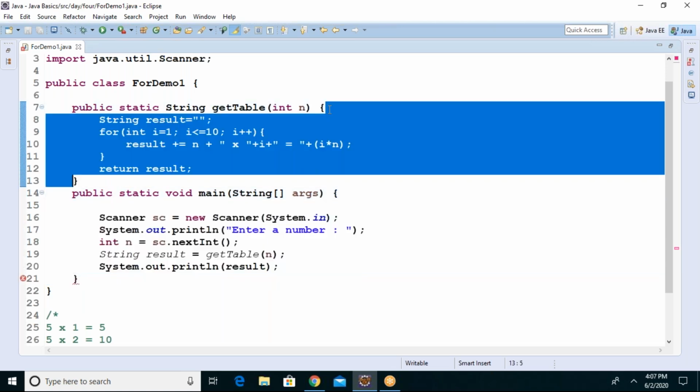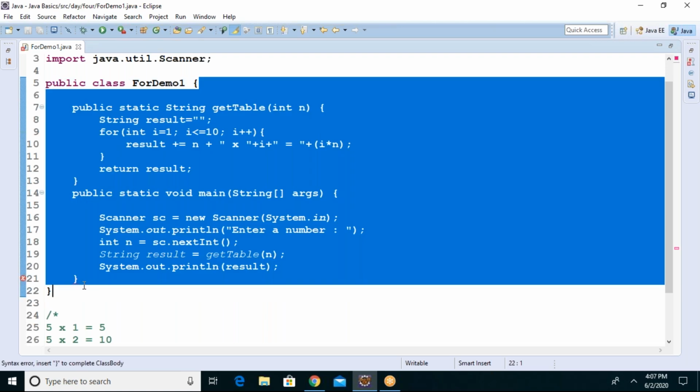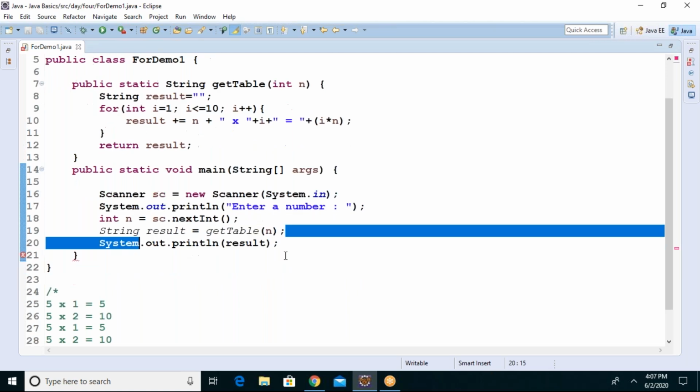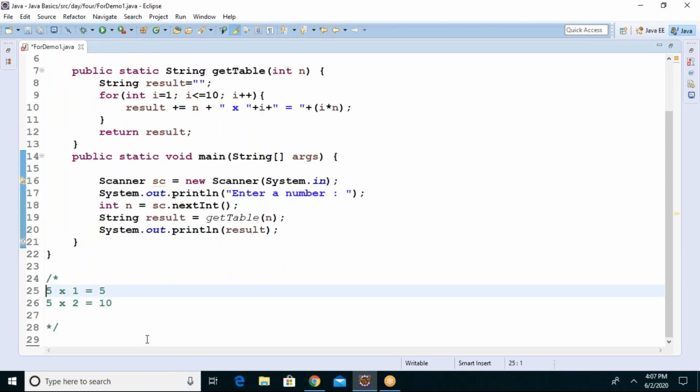This is the method. Everything fine. What is wrong? Might be something in the bottom. No, this is closed here. Oh, yeah.